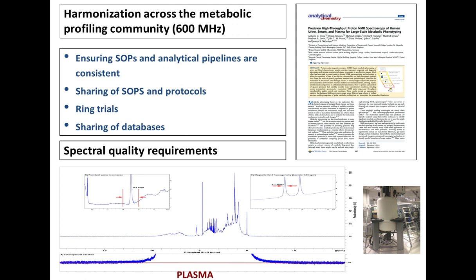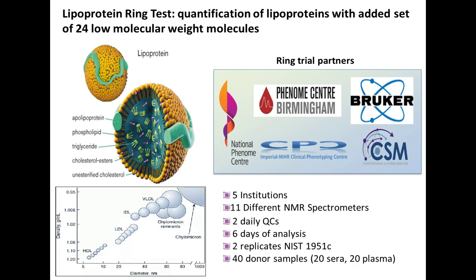So if we follow these very well-prescribed protocols, what we end up with is data that we can share. And for rare diseases, for example, this is important because we can share information on samples, real biological samples, and whilst we may not have enough in our own centres we're looking at, we can share with other centres and get a critical mass for various diseases that may otherwise not be modelled adequately.